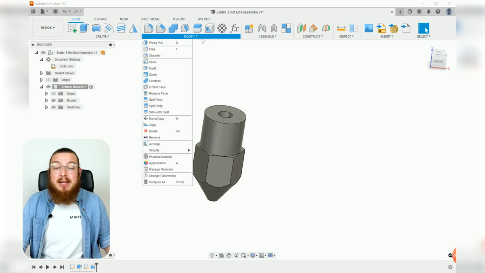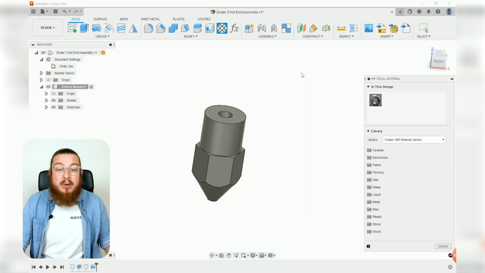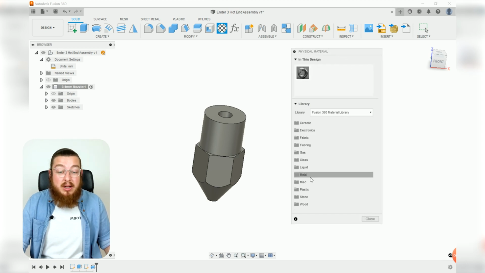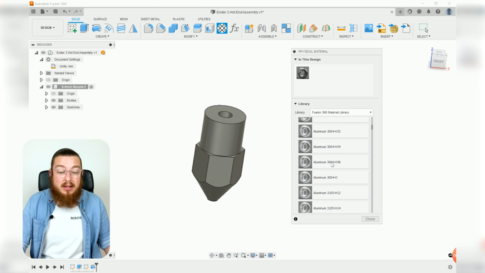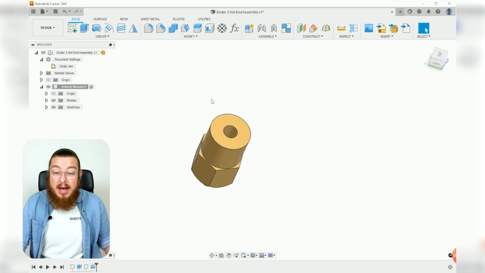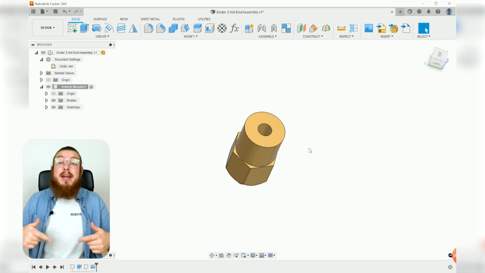So instead of adding in an appearance under our modify menu, we're actually going to be adding in a physical material. This one is going to be a brass. Unfortunately, we cannot just search it, so go ahead and go into metal and then scroll down until we see brass. There we go. You can just click and drag this on just like we would our appearance. And now this also has the appearance of brass,